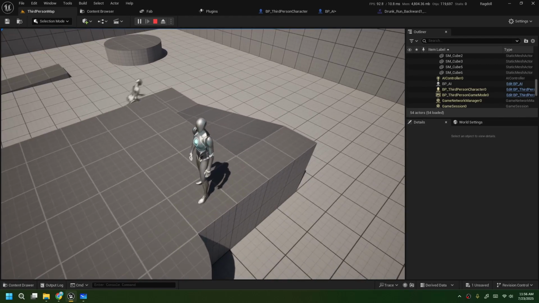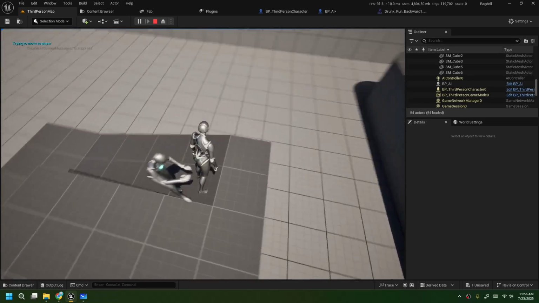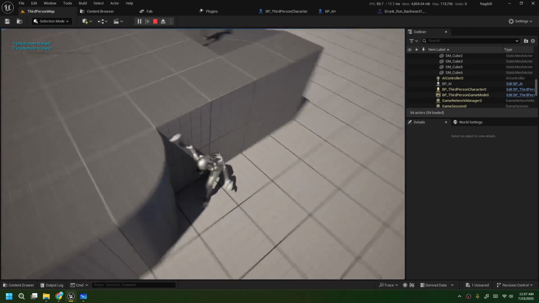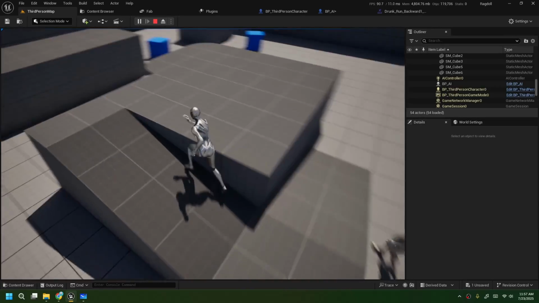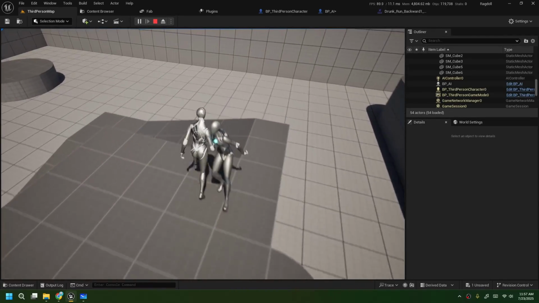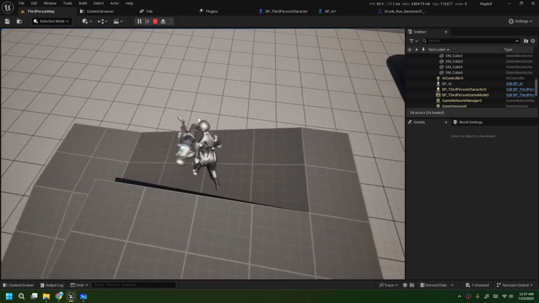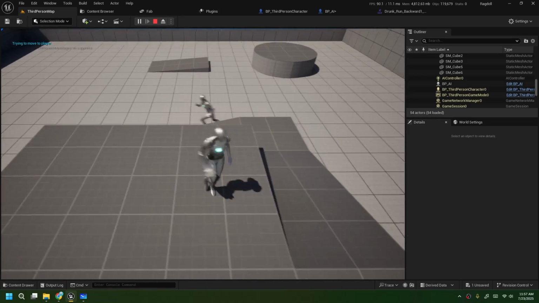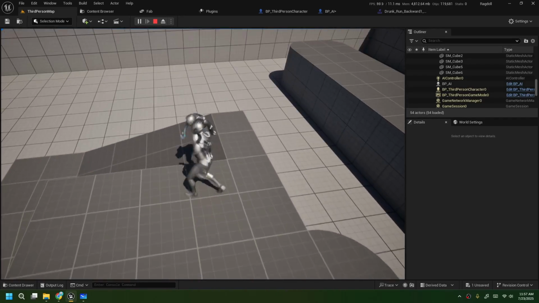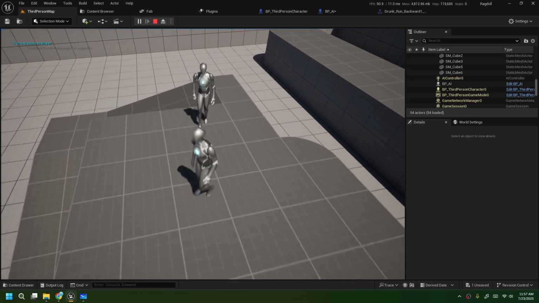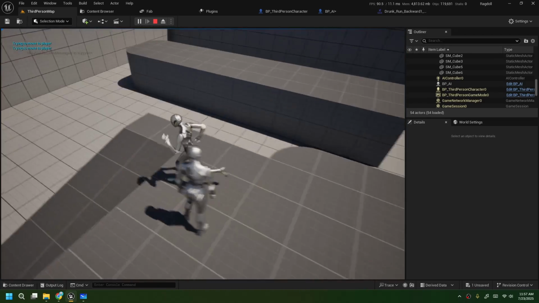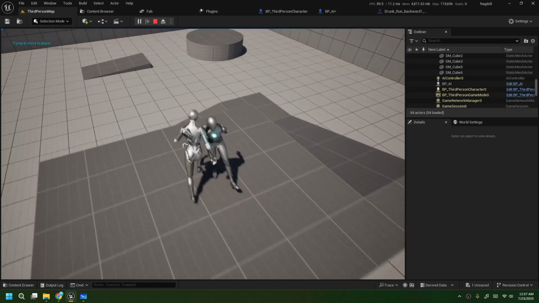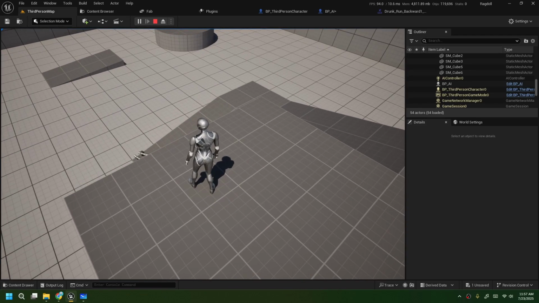I'm going to try to push him off of this. Okay, he didn't fall. Okay, go down, go down. Nice. Okay, so that is our stumbling and